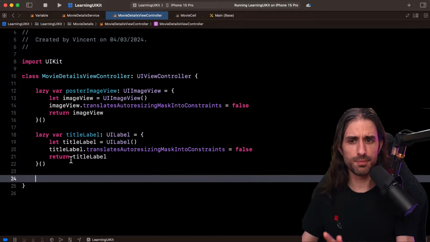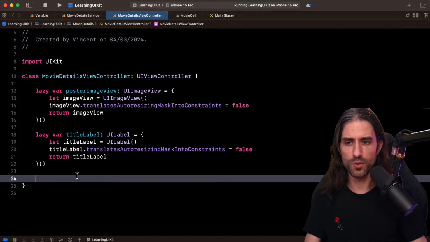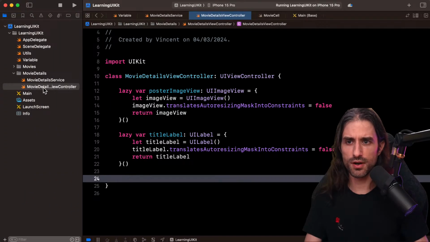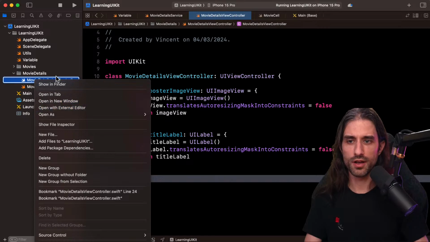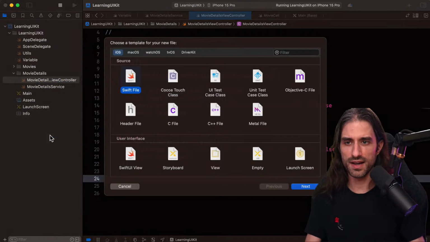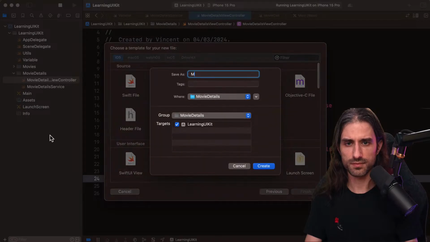So first, let's keep only these two views and try to display them and fill them on the UI. So just like before, we're going to create also a view model. So I'm going to create a new file. I'm going to call it MovieDetailsViewModel.